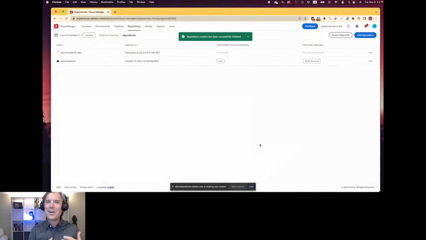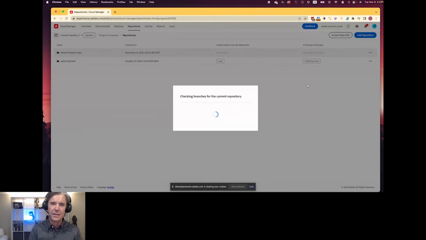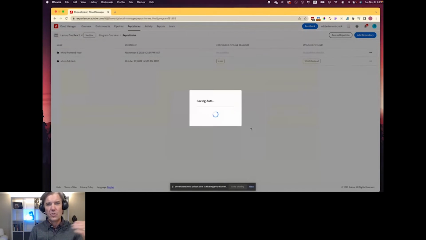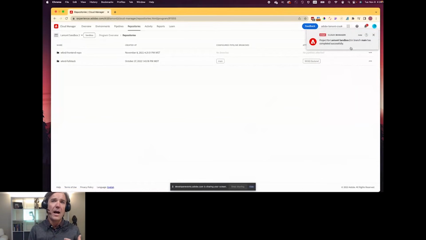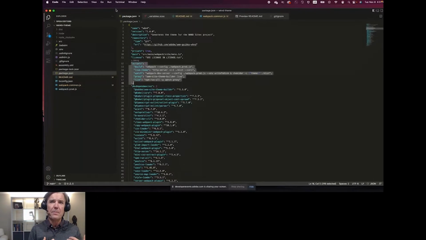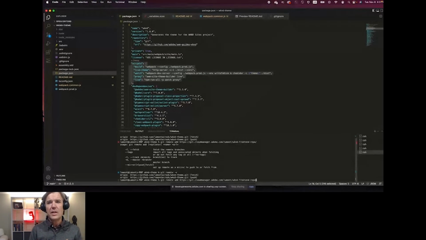I talked to a number of people while I was putting this together. There's a good deal of debate. Should I just leave it within the full stack and just reference it as a folder, or should I create a different repo? It's really up to you, right? Again, it depends on how you work, how your governance is, things along those lines. But after you set up that new repo, you have to create a project under that repo. There's a few steps here, but then you commit your code to that repo.